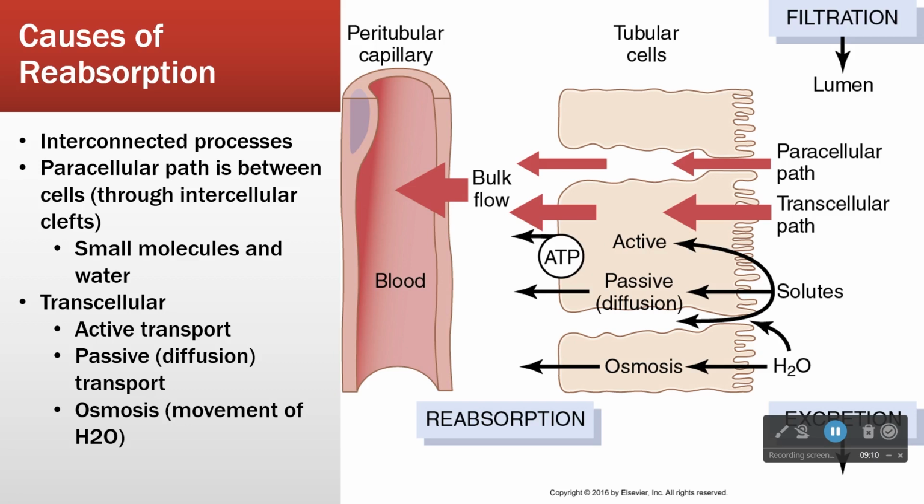And then we have osmosis, because except for the end of the nephron and part of the nephron loop, water can move in the kidney. Okay, there's a few spots where it cannot. It's actually critical that it cannot, but I'll be sure and point those out as we go. All right, so this is sort of the big picture. Paracellular path, transcellular path for molecules to get from lumen back into capillaries. Remember that this capillary came from the glomerulus, the same glomerulus that this filtration came